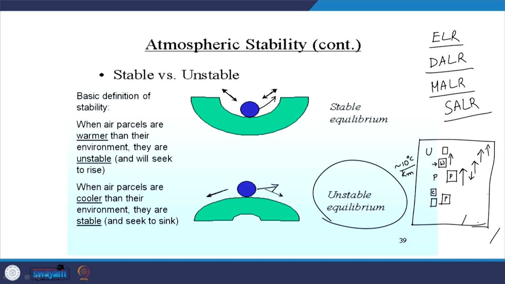So in this attempt, the air parcel is trying to come back to its original position, that means, its equilibrium position. This is a situation where the displacement that you have provided is not making the air parcel go away from the equilibrium; rather, it is trying to come back to its equilibrium position. So this configuration is called the stable configuration, and this configuration is called the unstable configuration